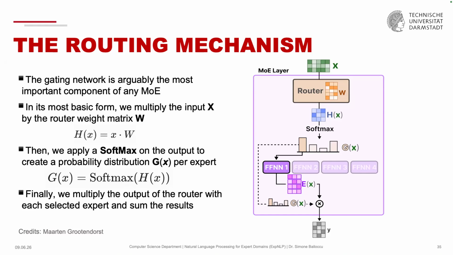And what we will do here to calculate the output is multiply the output of this expert with the probability that the softmax assigned to it. And if we want to have more than one expert, what we do is we pick the top 2 probabilities of the softmax, and we multiply those probabilities as weights into the experts' outputs, and then we sum them up.